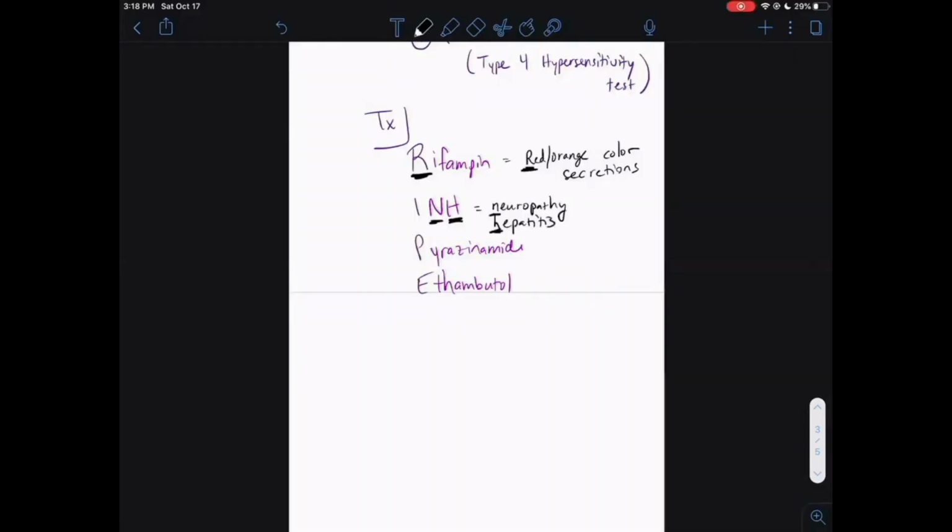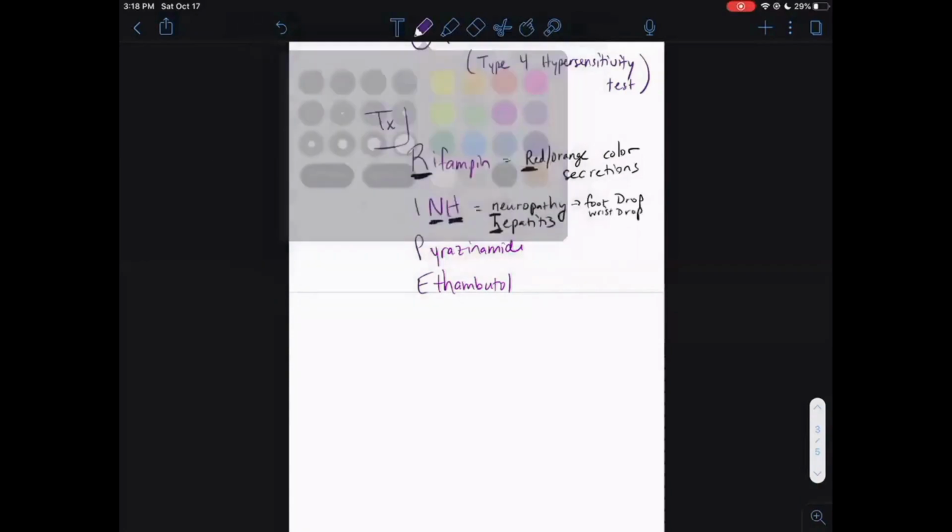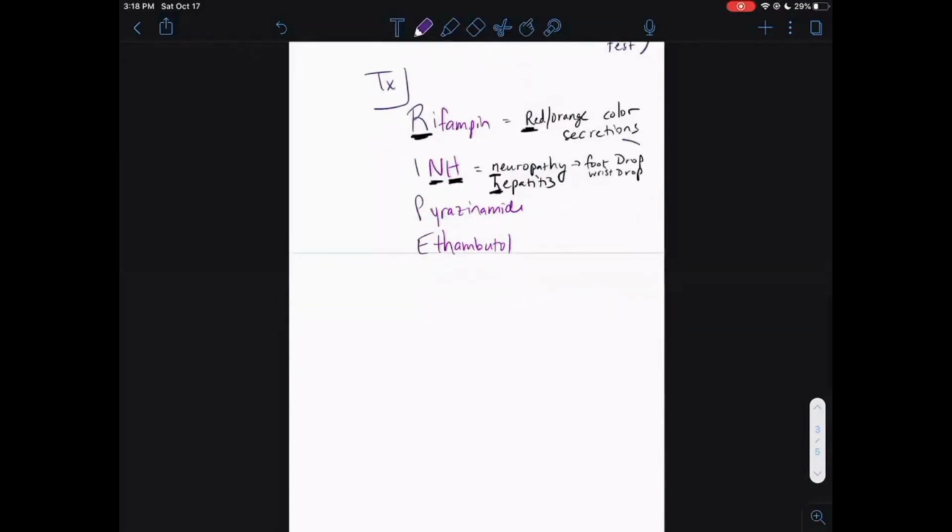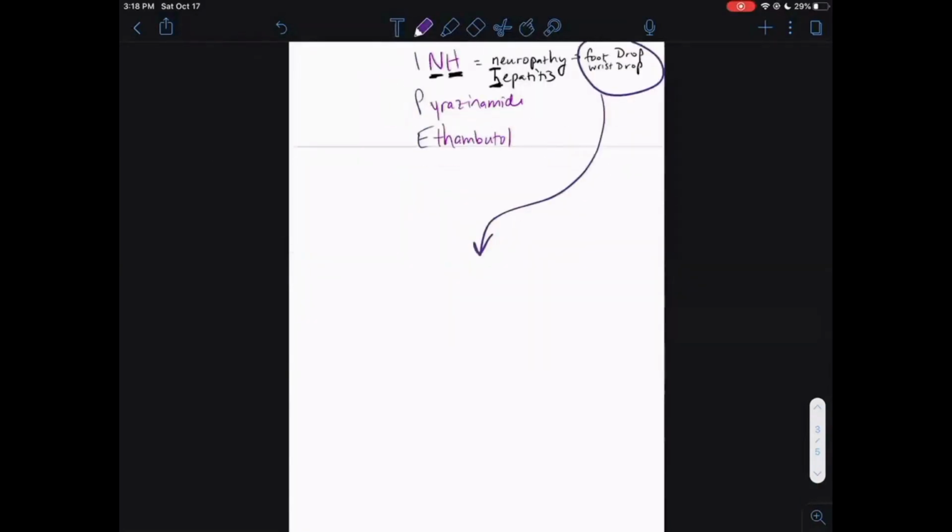So what can you get with neuropathy? You can get stuff like foot drop, or you can get something like wrist drop. All right, and let's just make a little integration here. When do you usually see foot drop and wrist drop? All right, so we'll swing this down here. So foot drop,